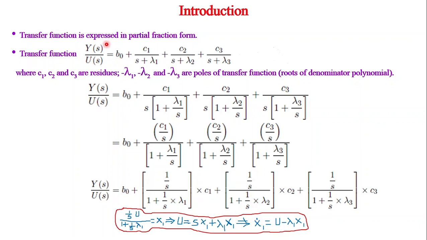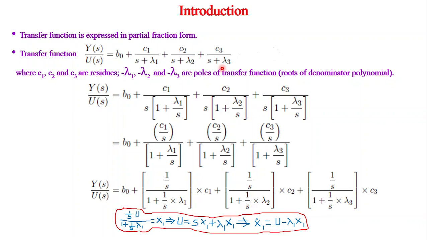Here, the transfer function is written in partial fraction form because after all it will have zeros and poles. When you write it in partial fraction form, you can have a constant. Then if the order of the system is 3, we will have 3 factors. For example, if the number of poles is 3, you will have 3 terms. If the number of poles is 4, we will have 4 terms. We know very well that the number of poles is always greater than or equal to the number of zeros. The number of zeros can never exceed the number of poles in any system.